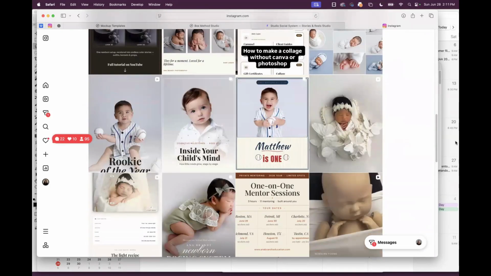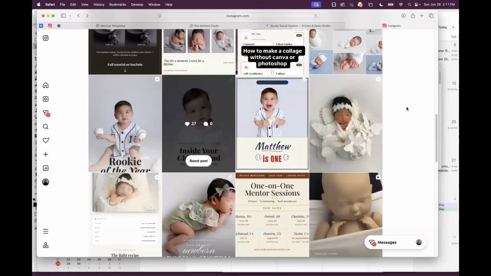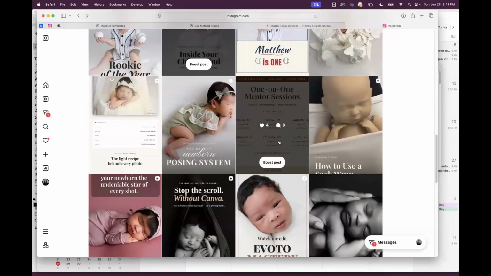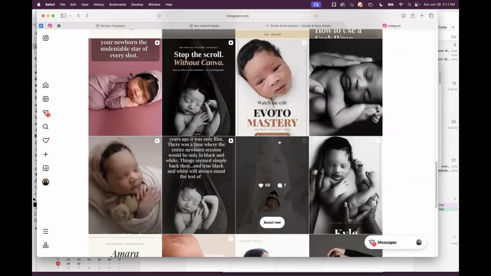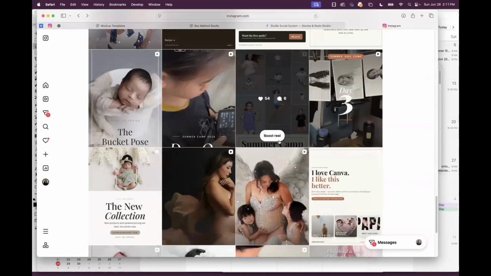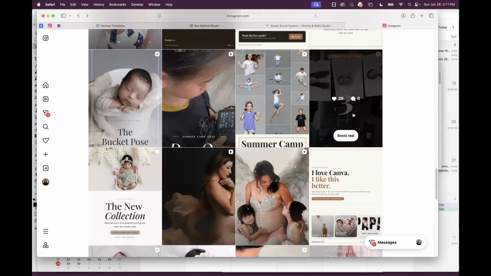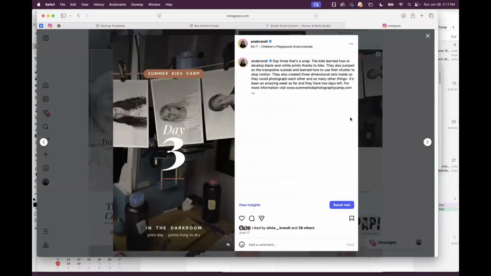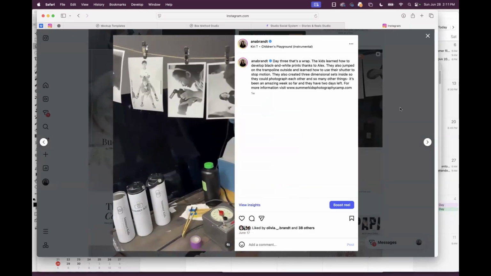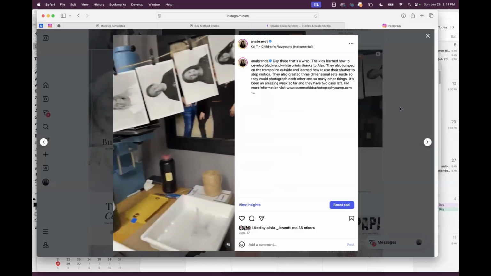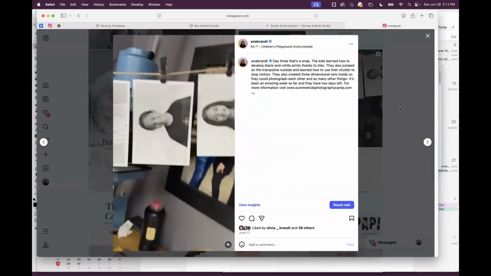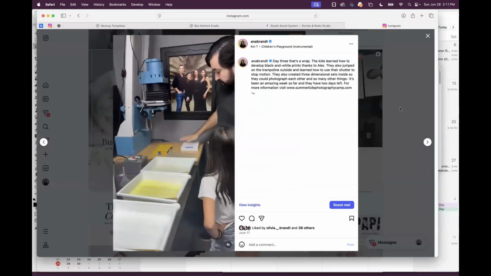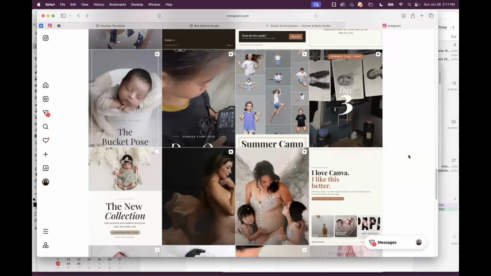So this is a reel cover. Well, that's actually a carousel, but a reel cover just looks so much better than just posting, like if you're doing a behind the scenes video. So like this was kids camp. I did the video and then I went through and made a reel cover. We have kids camp coming up next week, so now we have 3 segments of kids camp. We've already done one. So that's what reel covers are for.